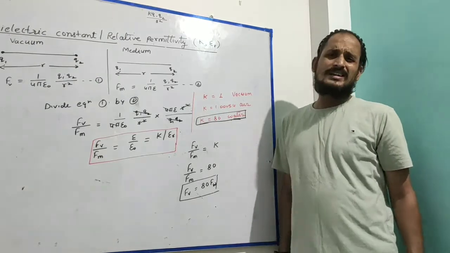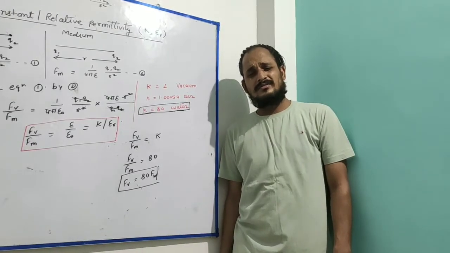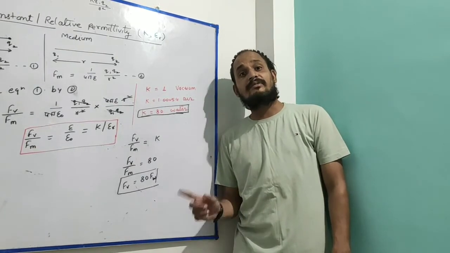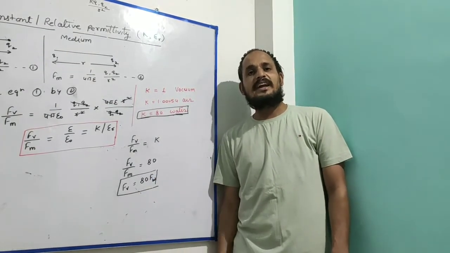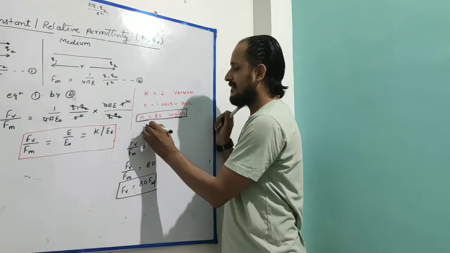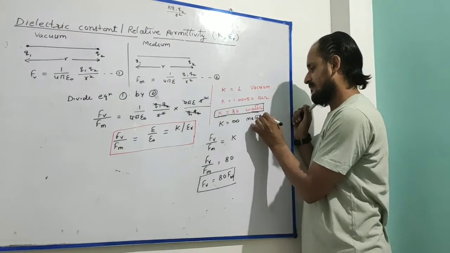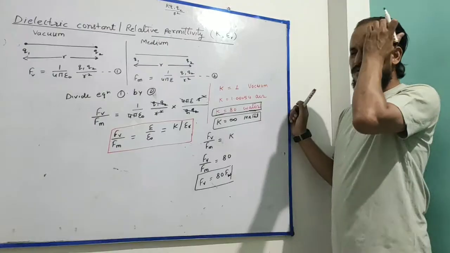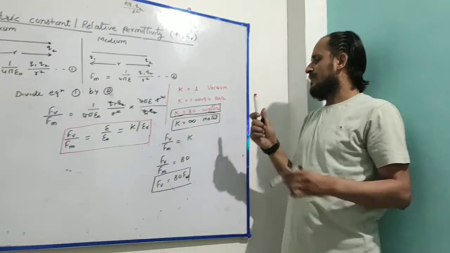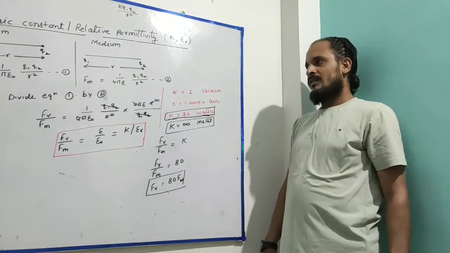So you may get a question in examination that the dielectric constant of a medium is 40. Suppose, what does it mean? It means that the force acting between two charges in vacuum is 40 times more as compared to that medium. One more value you have to remember: dielectric constant of metal is infinite. So especially you have to remember certain values. Dielectric constant of metal is infinite. Dielectric constant of water is 80. Dielectric constant of air is 1.00054, and of vacuum is 1. This is what about the topic.